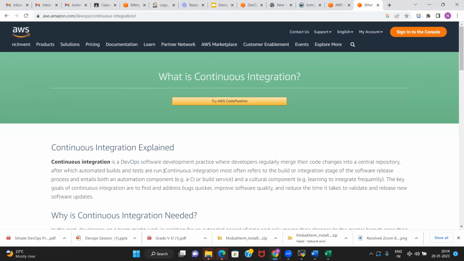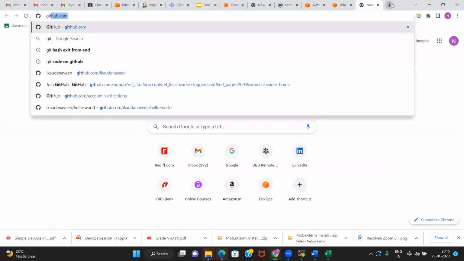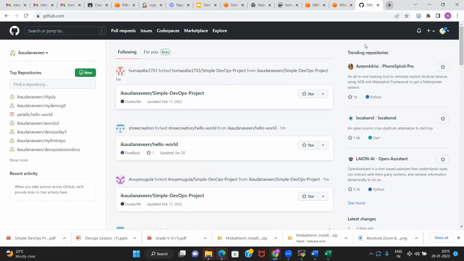That's why it's a DevOps software development practice where developers regularly merge their code changes into a central repository. So what is a central repository? Like we created a Git account, in GitHub, which is meant for code repositories.